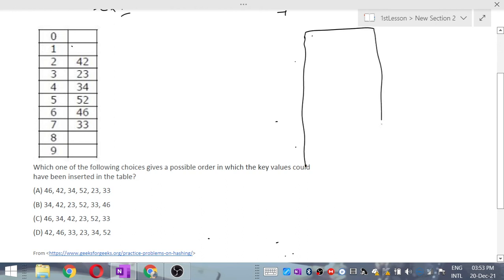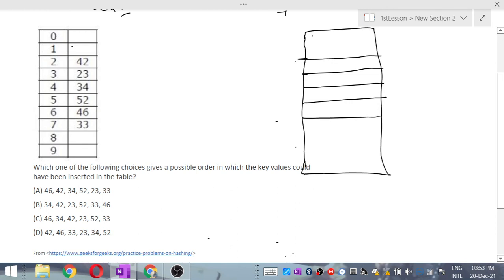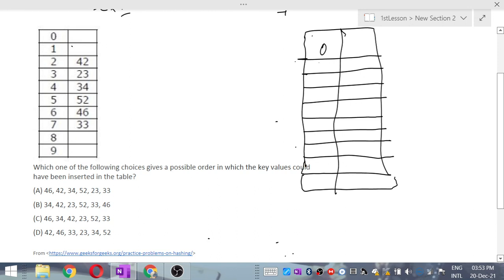I'm doing the D option with locations 0 1 2 3 4 5 6 7 8 9.